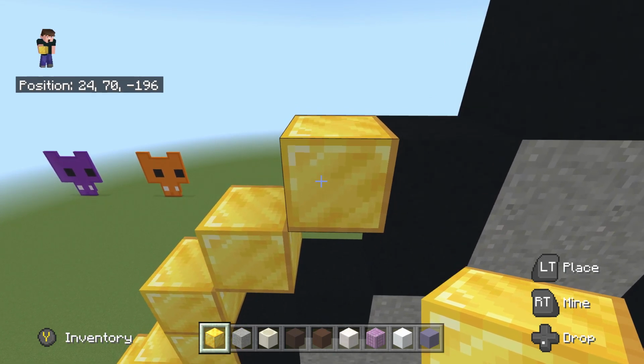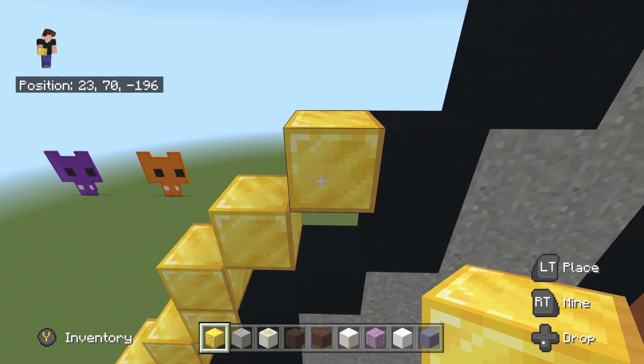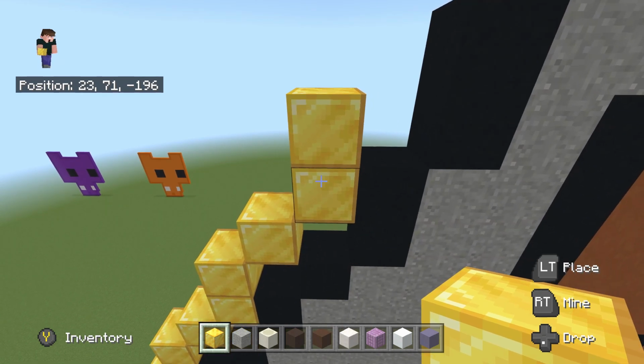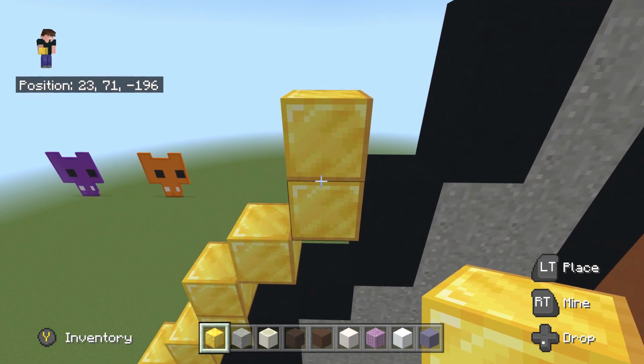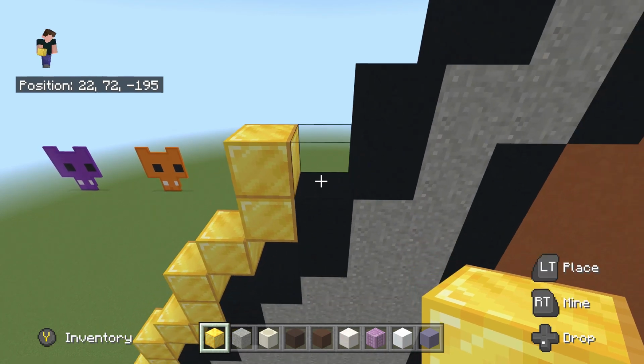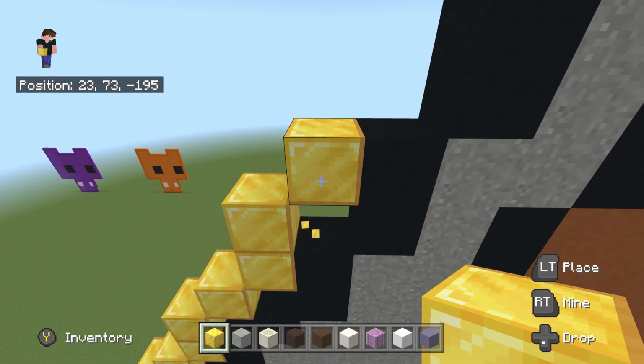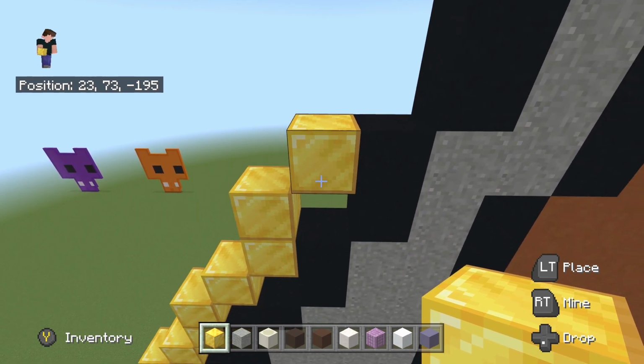Once you've done these 2 upright diagonals, once again from the second one, we're going to place one on top, just like so. And then once you place this one on top right here, we're then going to do another upright diagonal from here. And there we go. Once you've done this upright diagonal right here, we're then going to place another one on